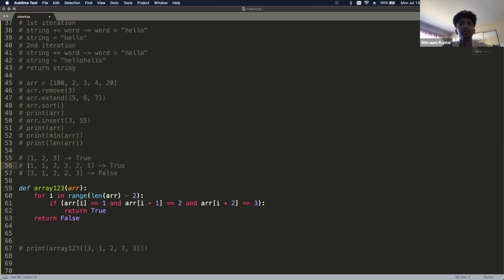Because if, for example, I were to go through my entire array and stopped over here, then it's going to try to check a value after that and then the value even after that, and there's no value there. So if I were to not use this minus 2 and try to run our array,